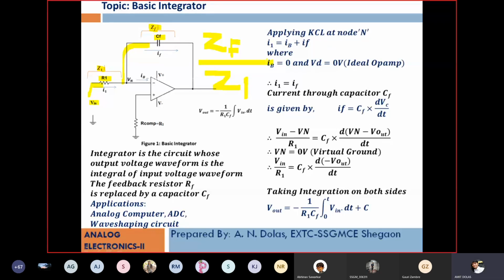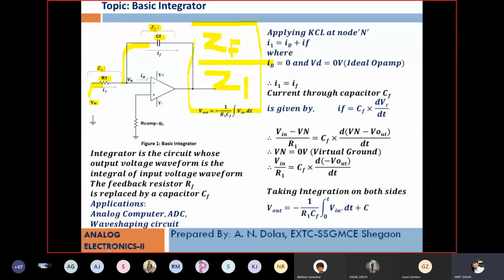ZF divided by Z1, where Z1 is constant because it is the impedance of resistance R1 and is not affected by any input frequency, but ZF is the impedance of the capacitance, which will be affected by what frequency is applied. For zero frequency, ZF is infinite, and for high frequency, say megahertz or gigahertz, at a certain higher frequency the capacitor will behave like a short circuit. For zero frequency, the capacitor will behave like an open circuit. So somewhere ZF may be 0, and this shows the gain of the circuit.